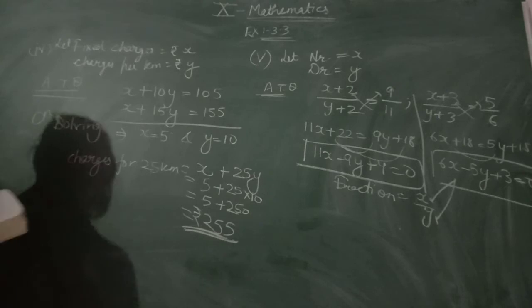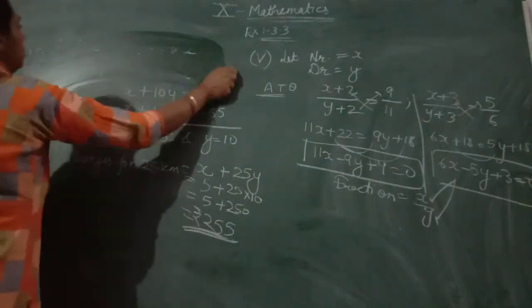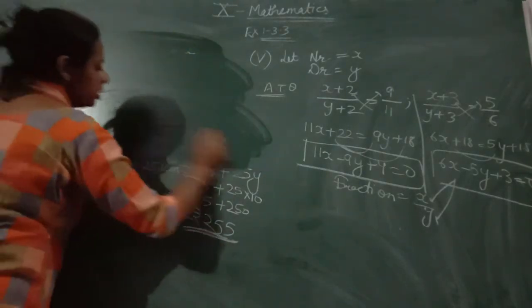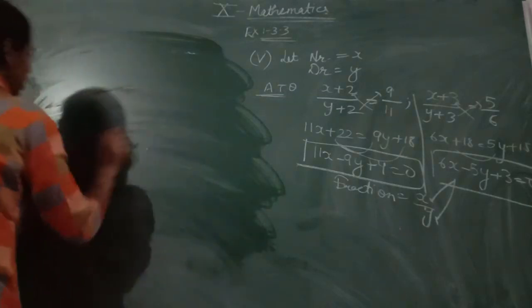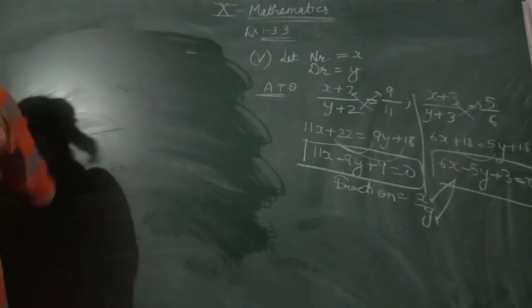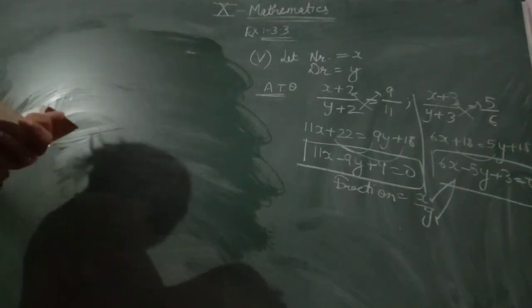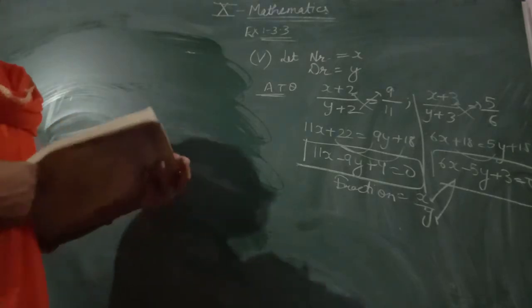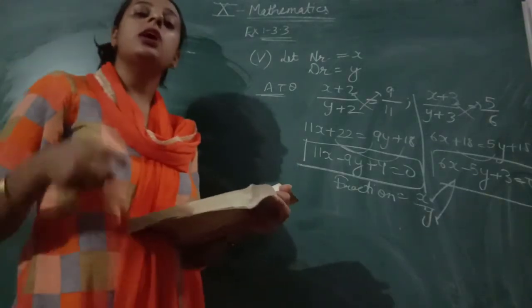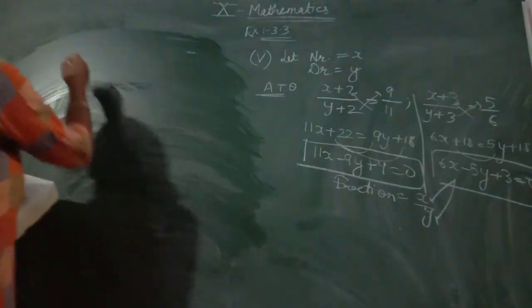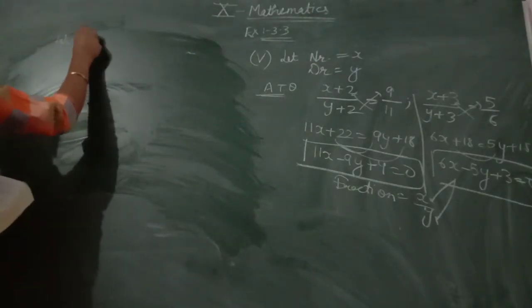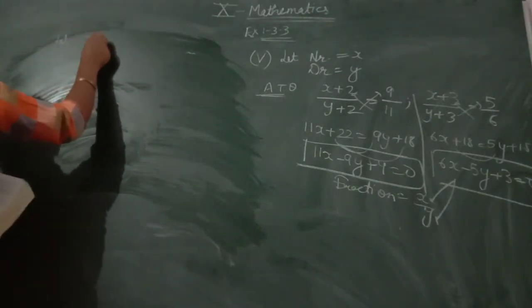5 years hence, the Jacob's age and his son's age. It means in this question you have to consider firstly their present ages. What are their present ages? The question is also the same: what are their present ages? Let me consider their present ages. What is Jacob's present age?